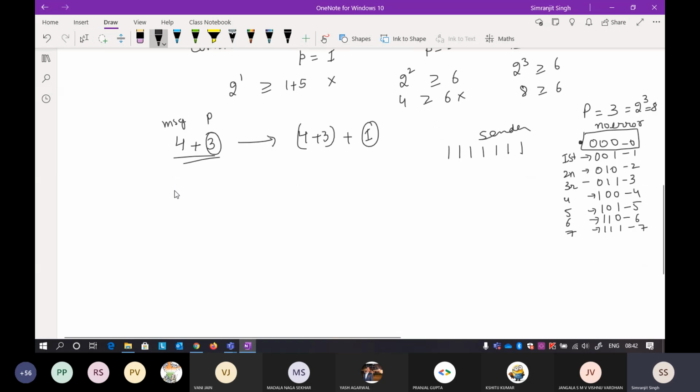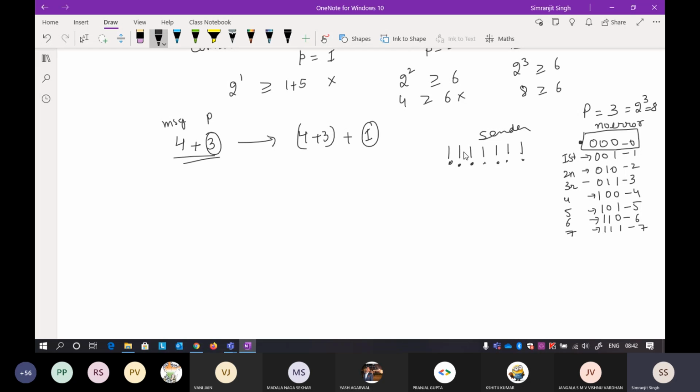Now it means that for 4 bits you have to send 3 parity bits, and these 3 bits are set in such a way that they can handle all the combinations for each bit which is believed to be corrupted. Okay, so there are 7 possible combinations where your bit can get corrupted. Either the first bit is corrupted, or the second bit is corrupted, or the third bit is corrupted, and so on.